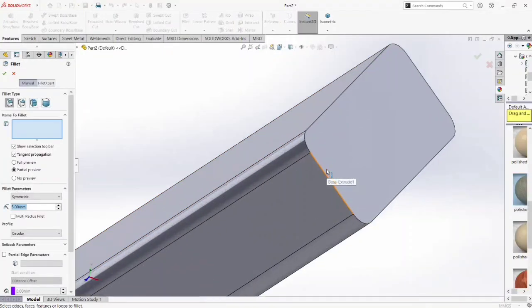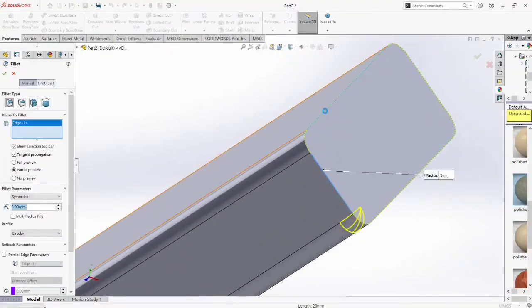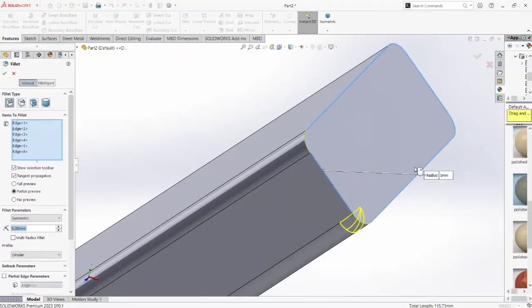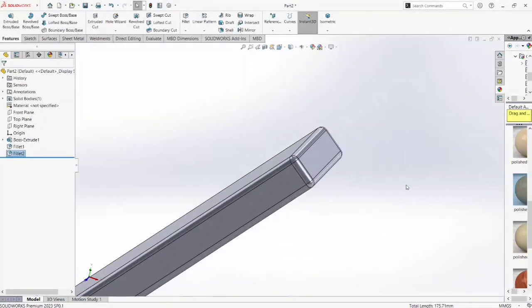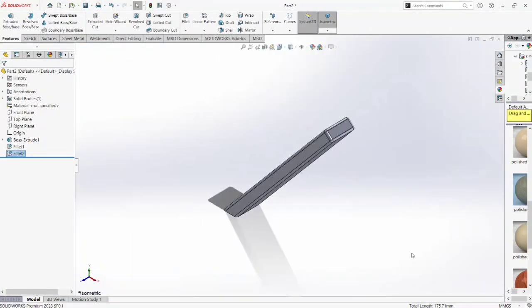Okay, select all edges. Done. Okay, good. It looks like a very finished material. All sharp edges are removed. Okay,